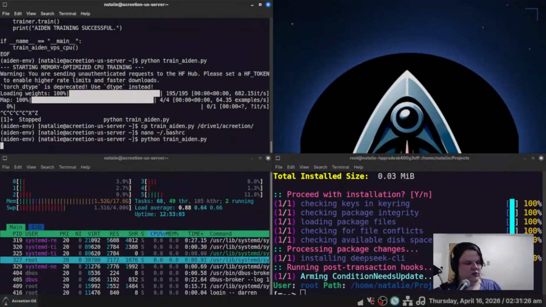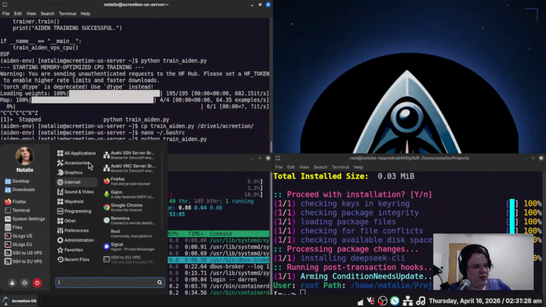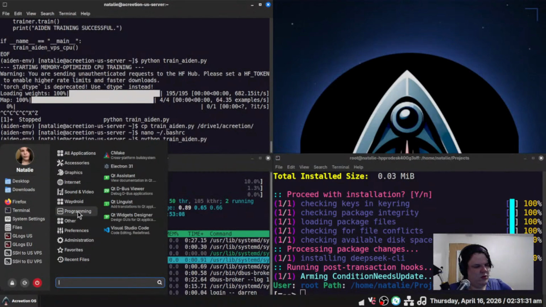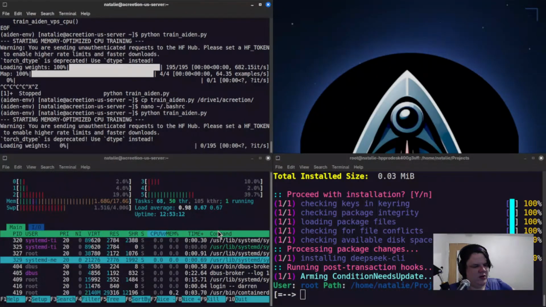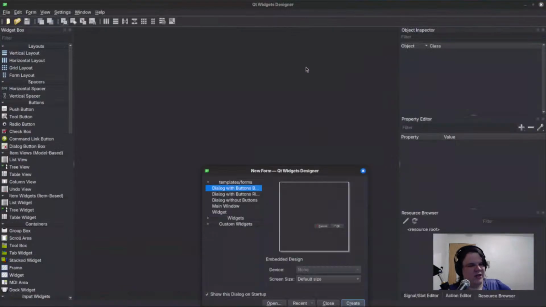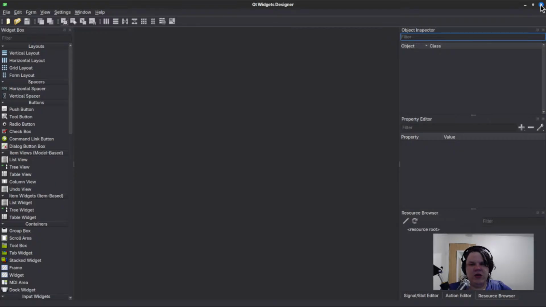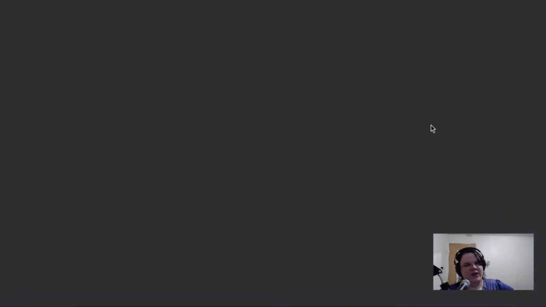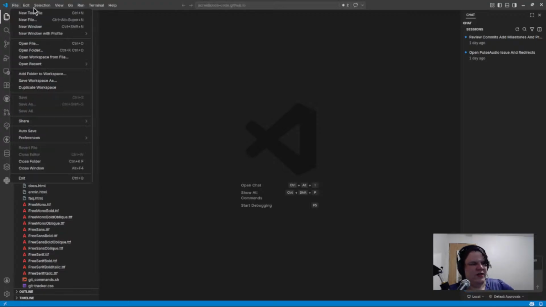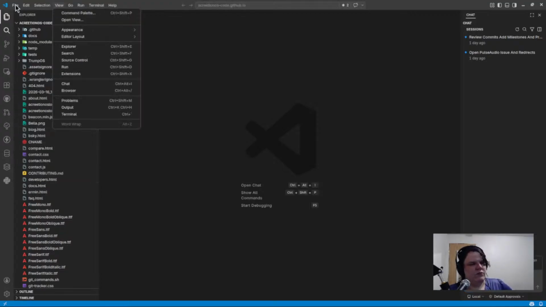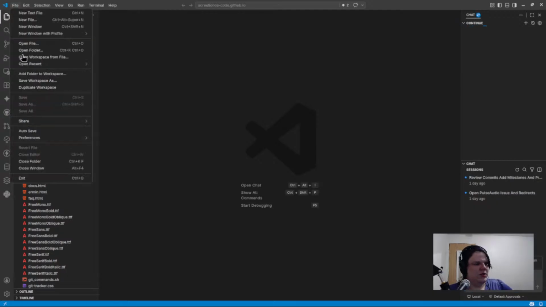I'll turn on the server. And we're gonna go ahead and do, where's the development? Not what I meant to do. No, I don't want to be on the Qt widgets designer. Alright, this was intentional. It's VS Code. So what I'm gonna show you. This is actually our website. I was working on it earlier. Come on, computer. Go ahead and hit open file.